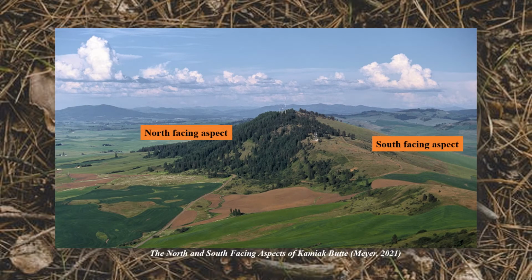The two sides of Kamiak Butte display contrasting climates and thus vegetation, with the north-facing aspect of the butte abundantly decorated with ponderosa pines, Douglas fir, western larch, as well as various native grasses and shrubs, while the south-facing aspect of Kamiak Butte is rather sparsely adorned with ponderosa pines, native bunch grasses, wheatgrasses, and native shrubs. The division in vegetation density and diversity between north and south-facing aspects of Kamiak Butte is due mostly to the climate and quality of loess soils across the area.